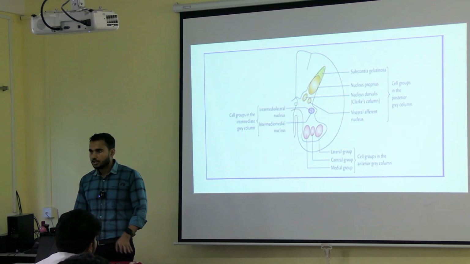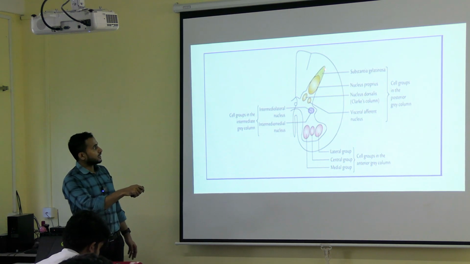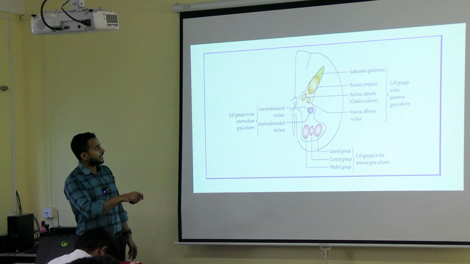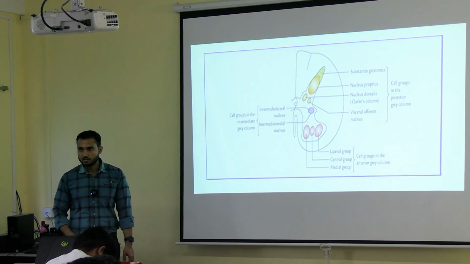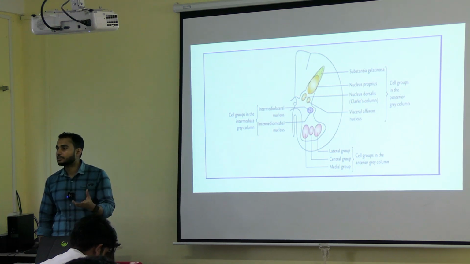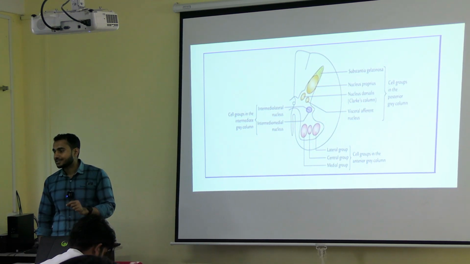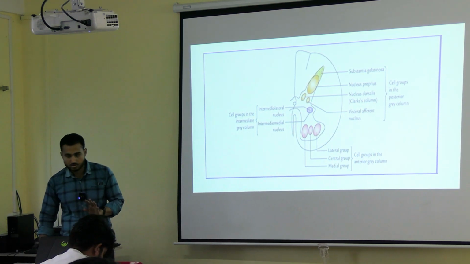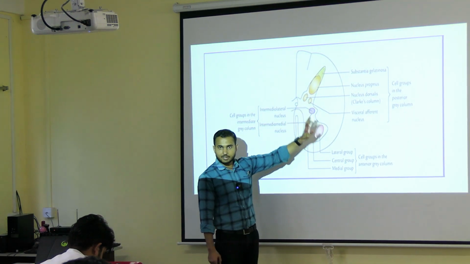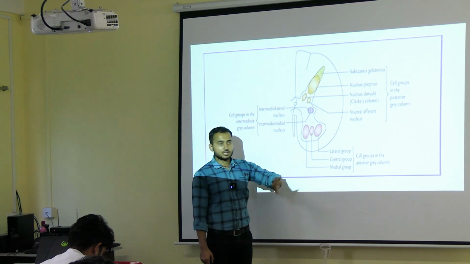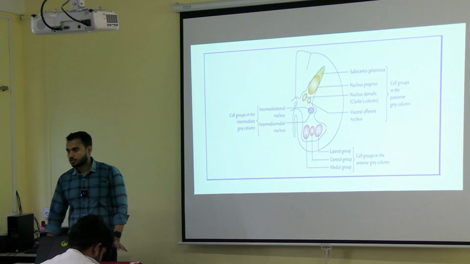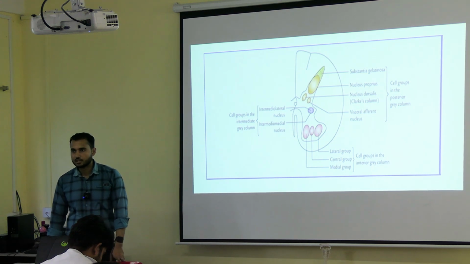Okay. First, second, here you can see this is the gray matter, central gray matter. This is the posterior horn, this is the lateral horn, and this is the anterior horn. Now these are the parts of central gray matter. What is present in the central gray matter? As I said, cell bodies of the different types of neurons. So here you can see cell bodies of the different types of neurons are present. Now I am not going into the neuron, I am just showing you what is present here. Okay, and that can be seen easily under microscope.